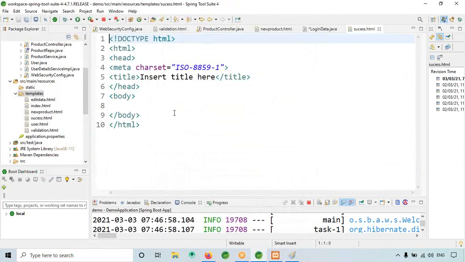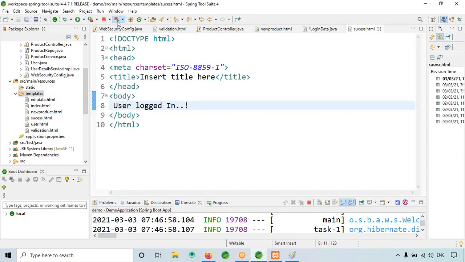Next, finish. Okay, user logged in like this. I think logged, double G. Okay, so I will just restart.